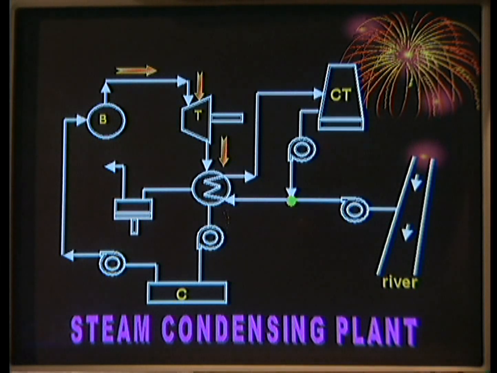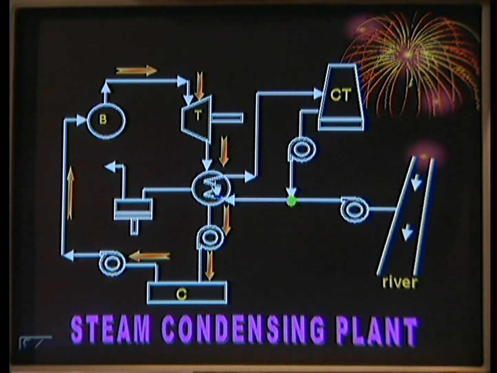Okay, let us see the line diagram of condenser for clarity. You can see the steam condensing plant, how it is here. This is a boiler. From the boiler, steam is coming and expanded in the turbine. After losing its pressure, it comes out at a low pressure into the condenser. When the steam, that is the input, is condensed to water at a low pressure, the same is fed to the boiler.